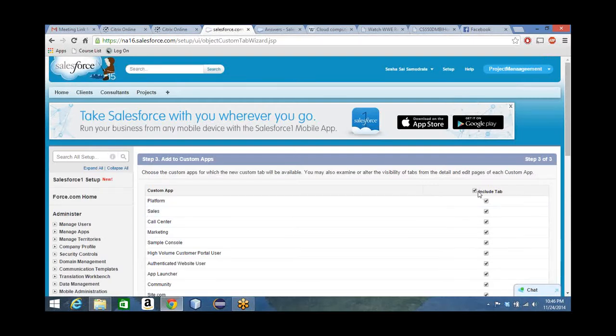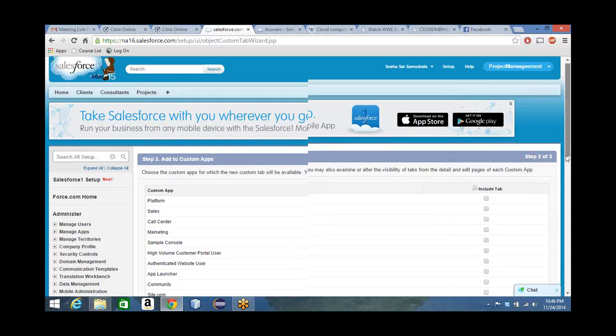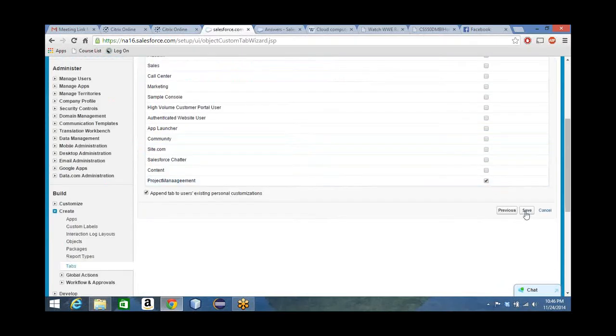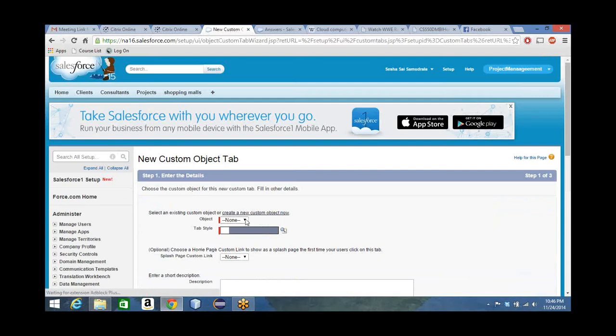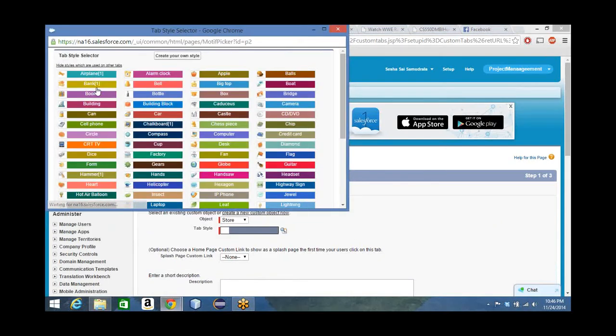I just want it in the project management tab. Remove that. Just include it in the project management. So I need tabs for both the objects. One we are done. I need the other one for stores.